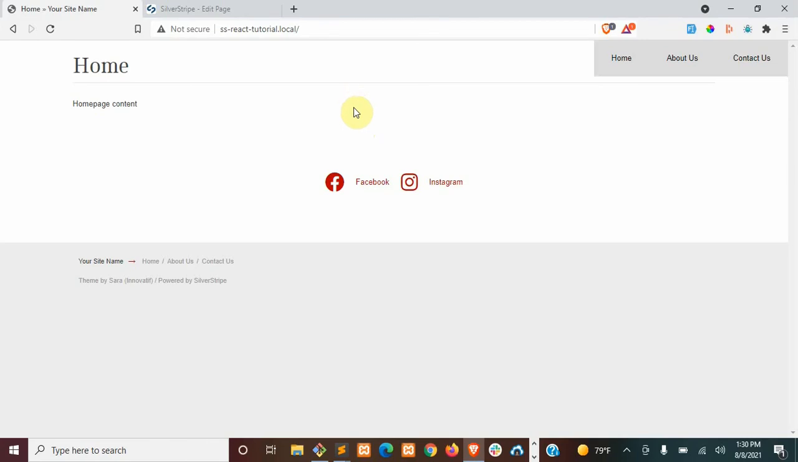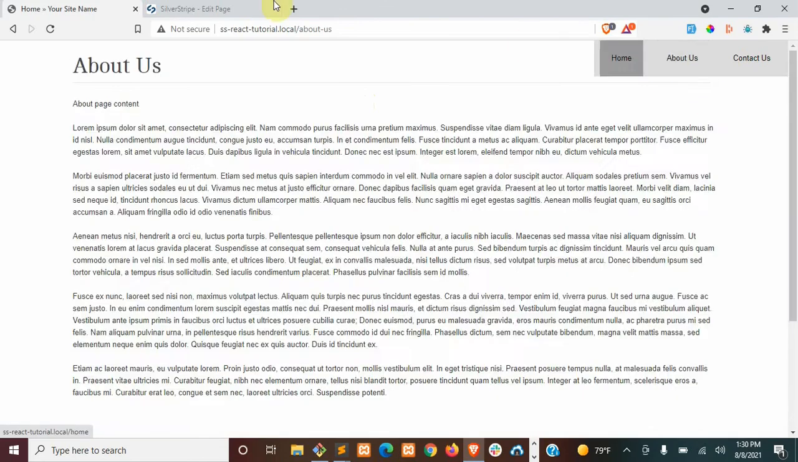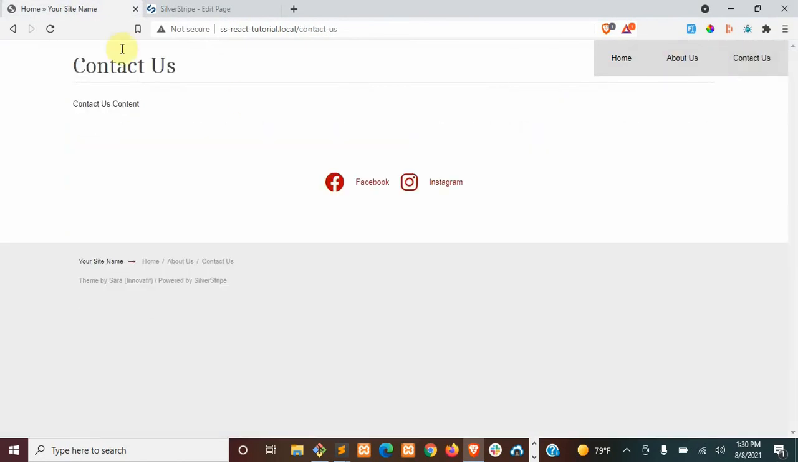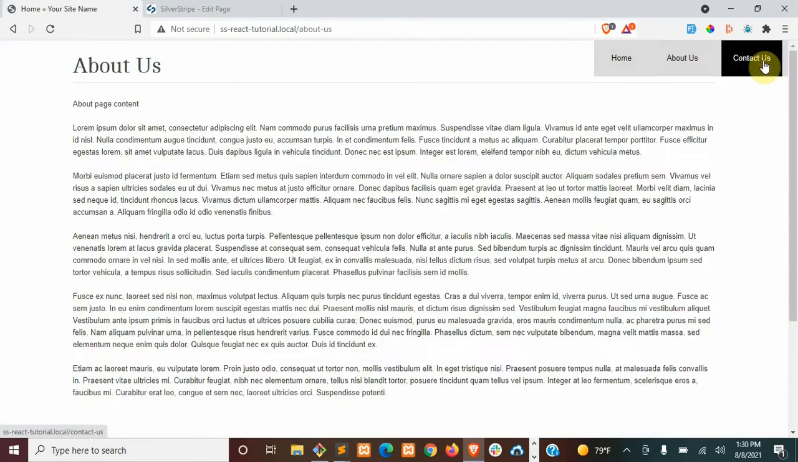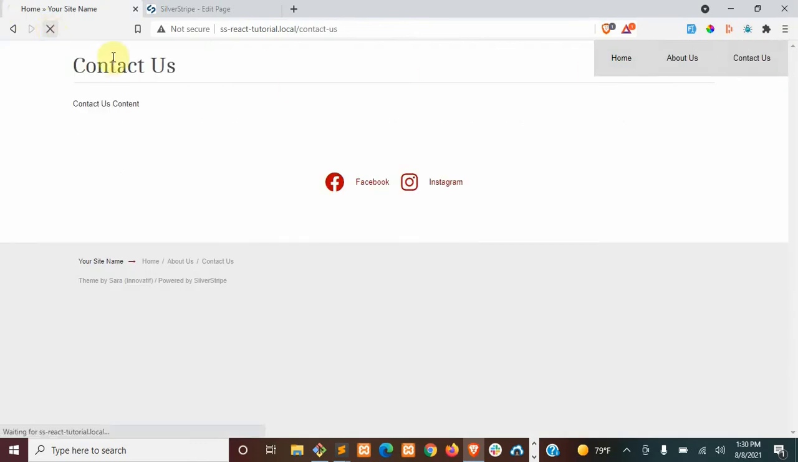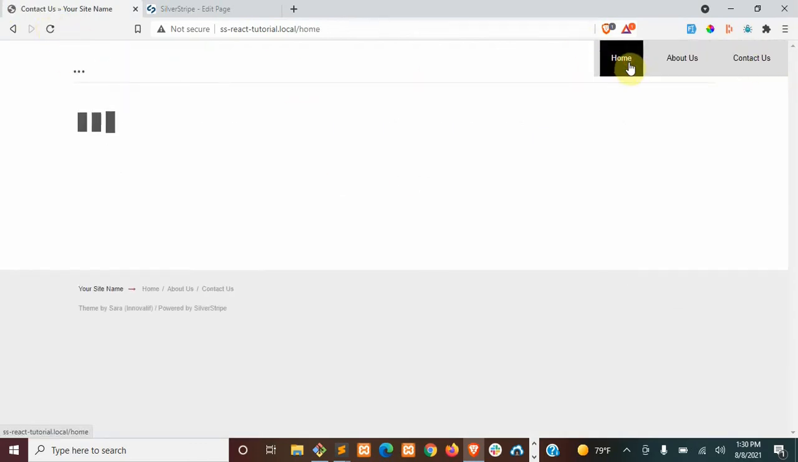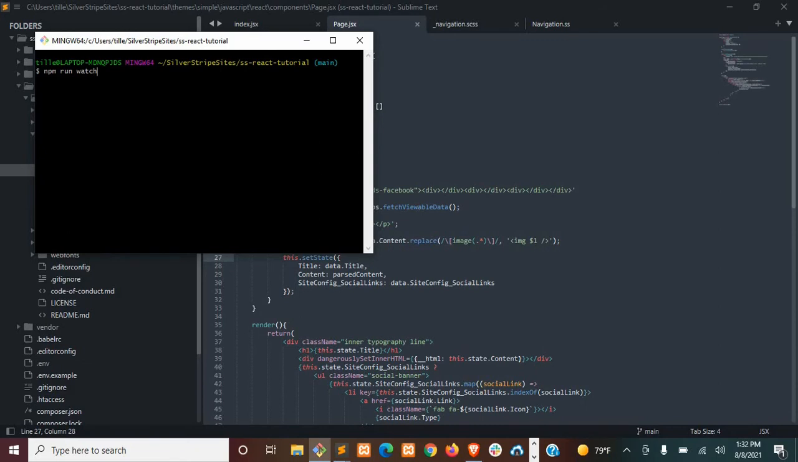In this video we will be going over how to create drop-downs for our created subpages, and also you might have noticed that when we transition between pages it doesn't update our title, so we'll go ahead and fix that up. The first thing we will do is make sure that we're running npm run watch so that